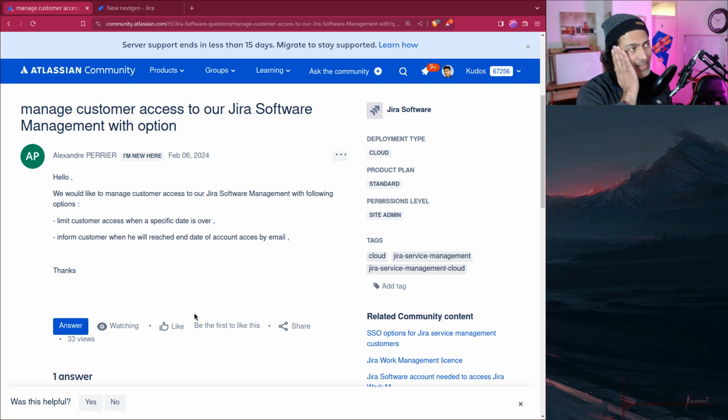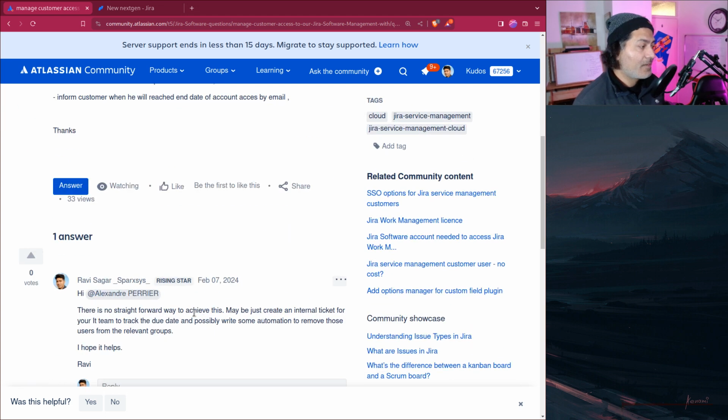But I was thinking, if we have to solve this problem using nothing but Jira, we can actually do a few things. So what I replied is that there is no straightforward way of doing this using Jira's own directory. But you can always create some internal project where you can keep track of these users. Let us say you have a project called external users, and in that particular ticket you will capture the username or maybe their email address, basically that identifier, and then use some date fields like due date or some end date. Now what you can do is you can of course write